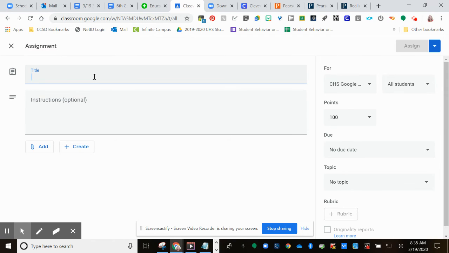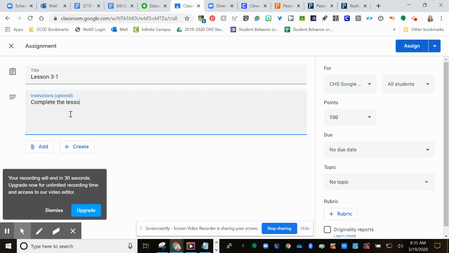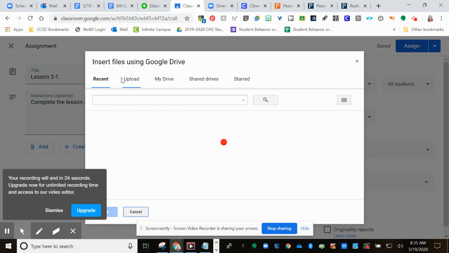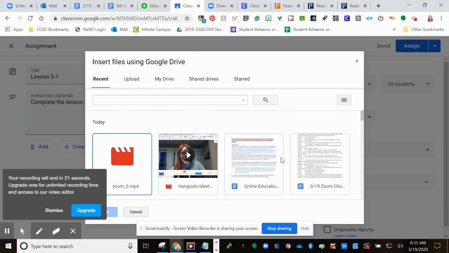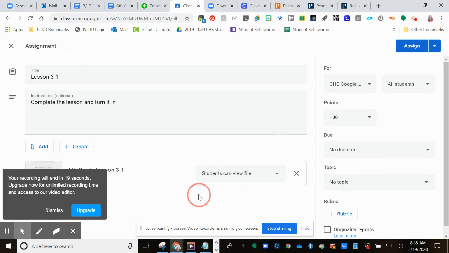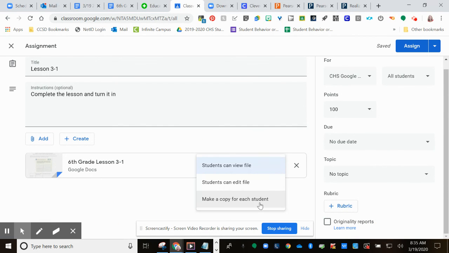So when I create an assignment, this is my lesson 3.1, and I'm going to say complete the lesson and turn it in. So I am going to, in Google Drive, put this in, and I'm going to set it to make a copy for each student so that when I click assign, each student gets their own copy, and then they are able to interact with their own copy. They're not going to change anything. They can type in, they can share videos or share pictures, however they